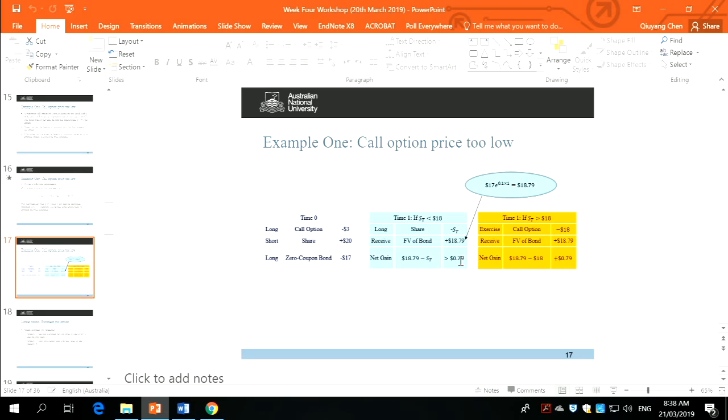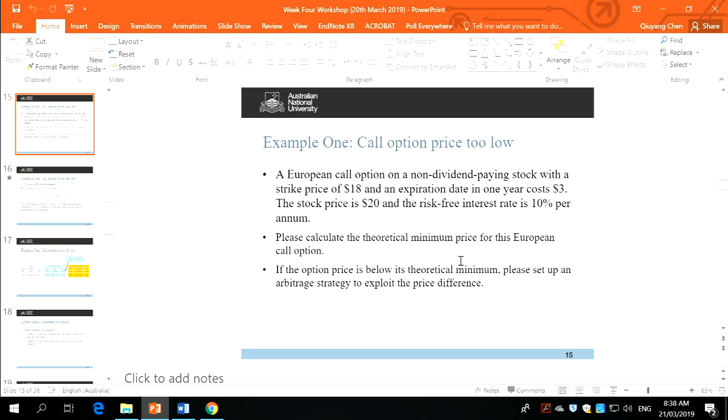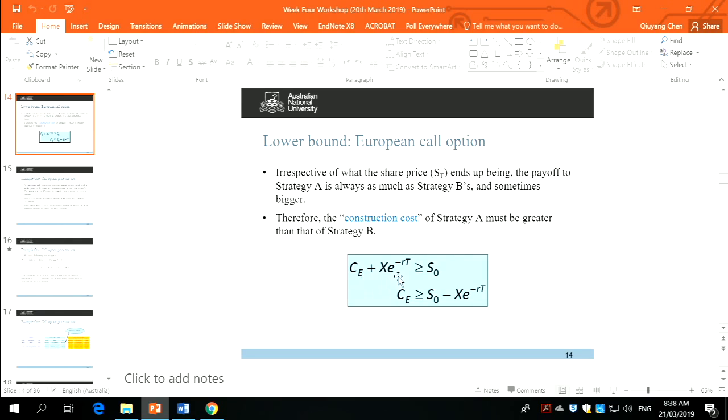Can you say that again? Why the zero coupon bond is? Yes, so as I mentioned, the zero coupon bond must pay, so the zero coupon bond must be,